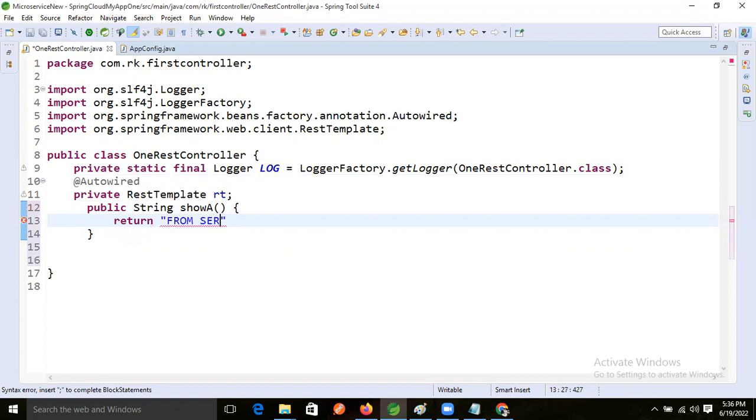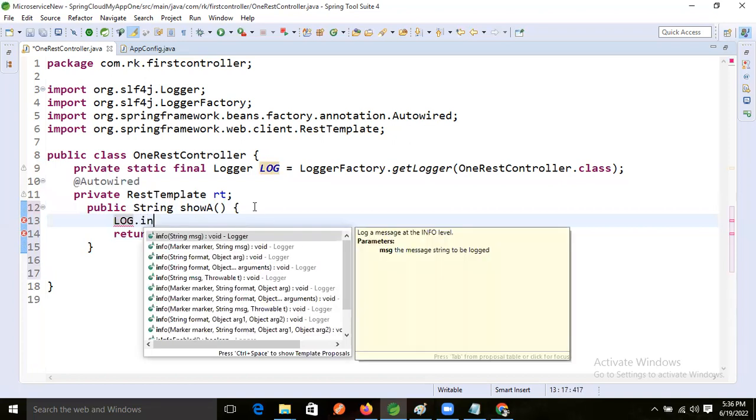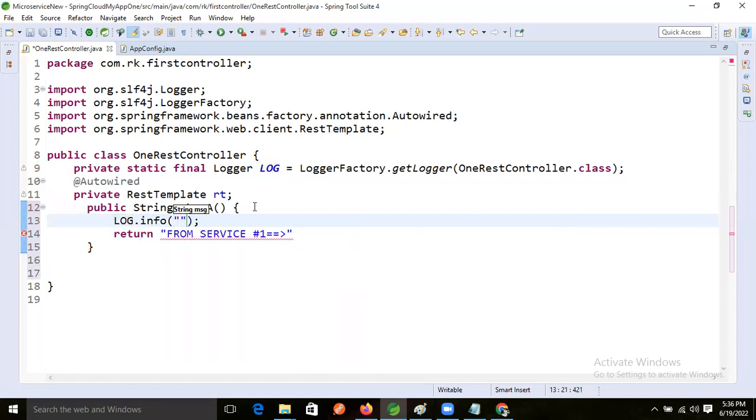service one. From service one, some message we will return, right? Some message we will return first, but what will we do now? First we will implement our logging activity. So I'm taking log.info, right? Log.info. Inside that,